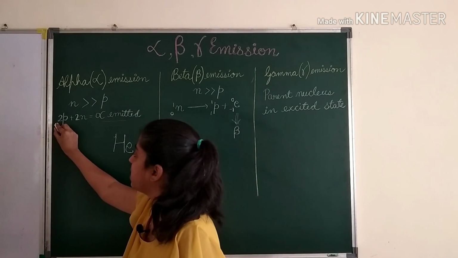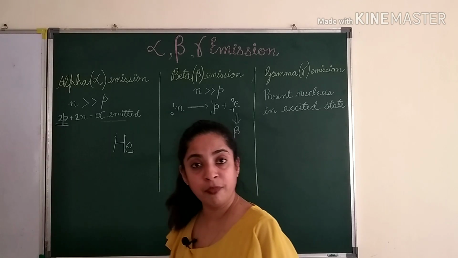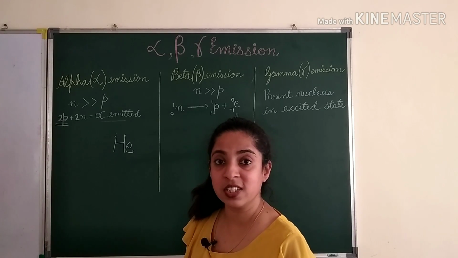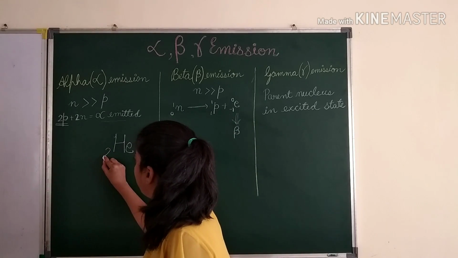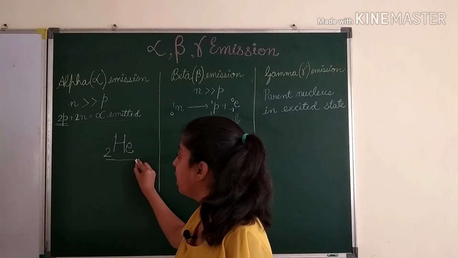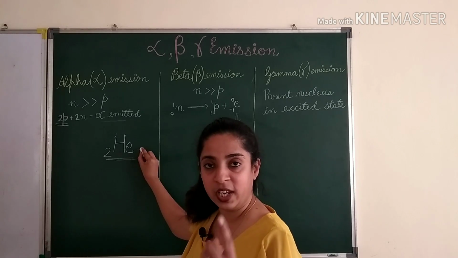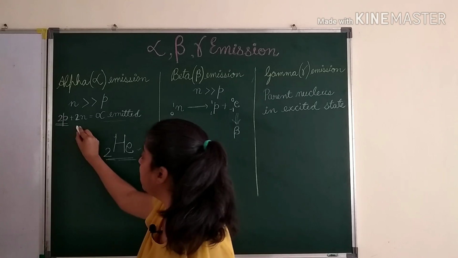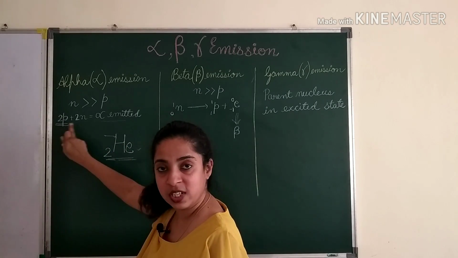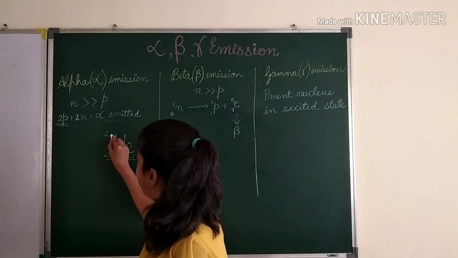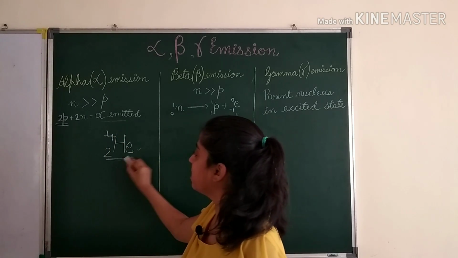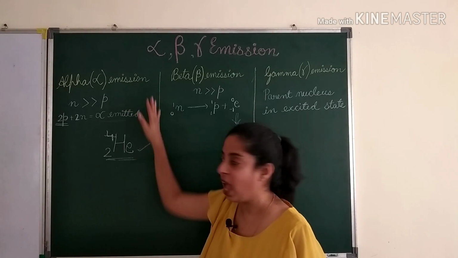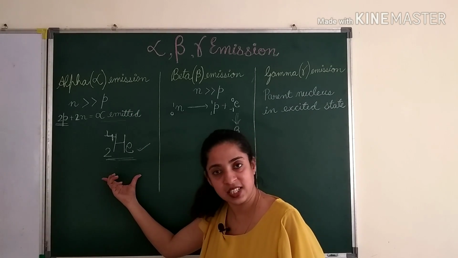As you know, since it is saying 2 protons, so number of protons is equal to atomic number. So 2. So helium, atomic number 2, what is the atom? It is helium. Hydrogen 1, helium 2. So atomic number 2 is helium atom. Okay. And since the mass number is sum of protons and neutrons, the mass number here becomes 4. So with this the atom is helium. So when we say an alpha particle is emitted, actually it is a helium atom that is emitted.